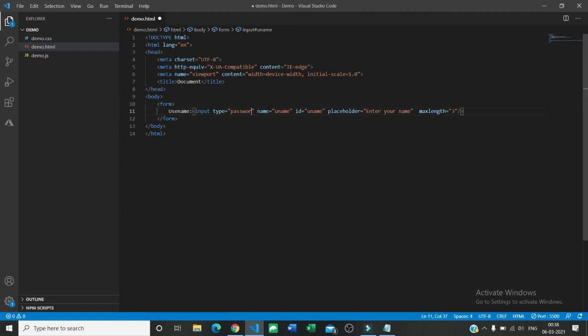If I give it email and save it, and let's remove this maxlength from here.